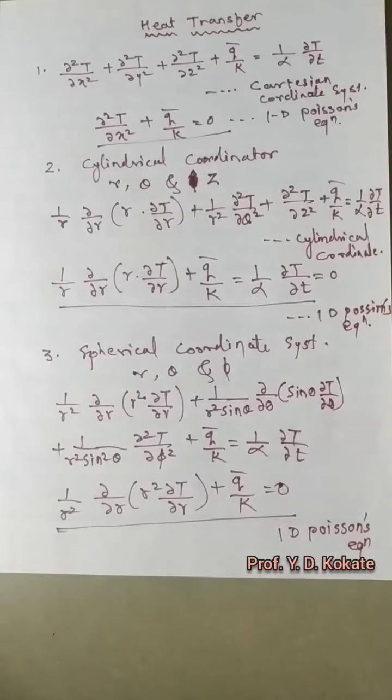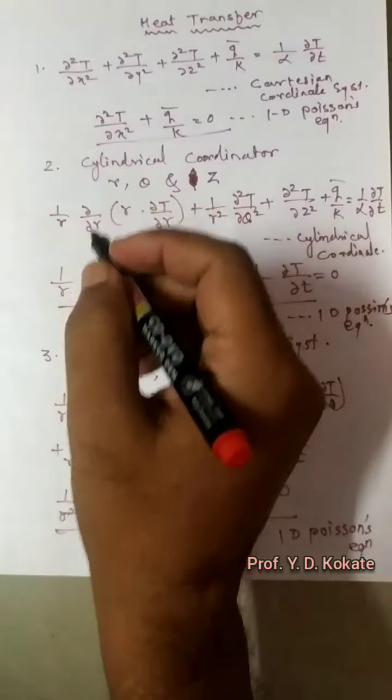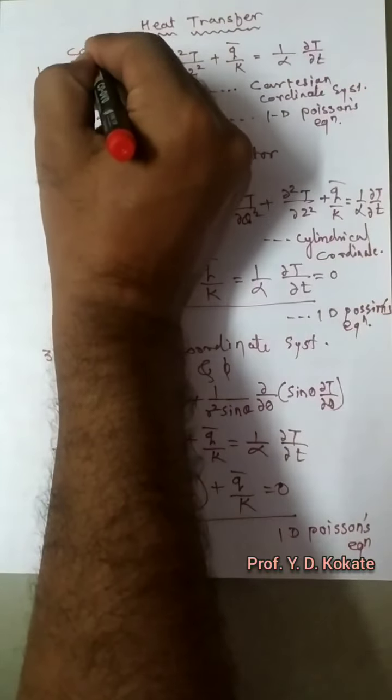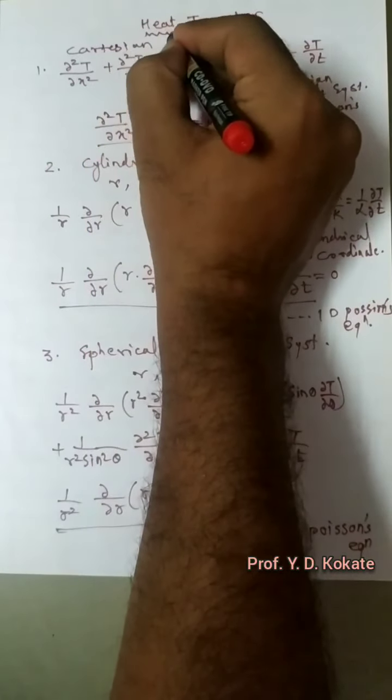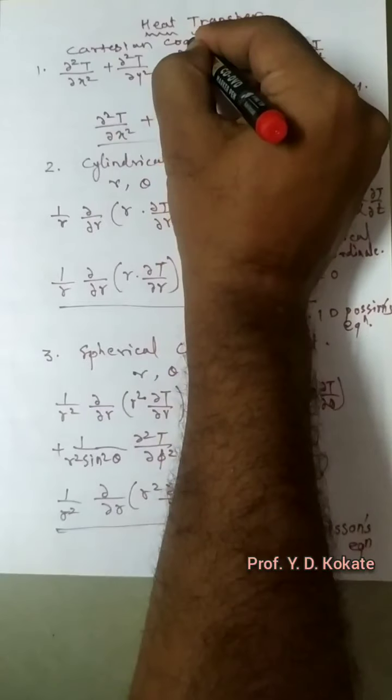Hello student, in the lecture series of heat transfer, in this video we are going to see the three-dimensional equation for cylindrical coordinate system and spherical coordinate system, and we compare with the Cartesian coordinate system. In Cartesian coordinate system we already found the equation, and that equation is nothing but